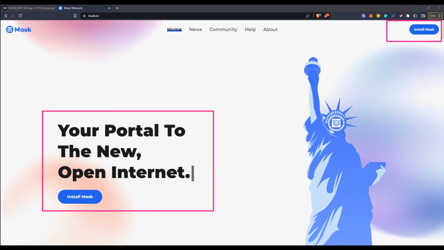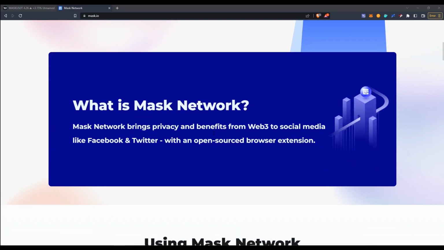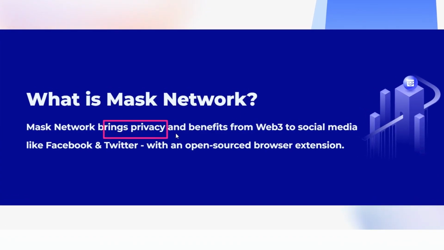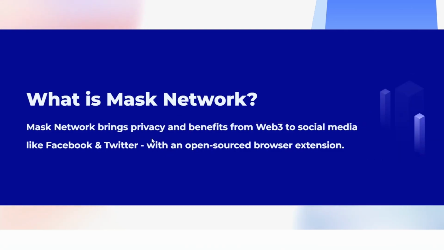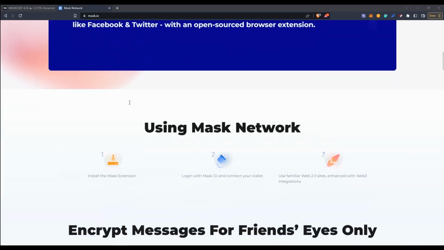In that case, we might have bigger privacy, and we might benefit from Web 3 in the connection to social media like Facebook and Twitter. Especially Twitter is going to be very important here because of this extension I mentioned a second ago, because of this installation in the web browser, all right?